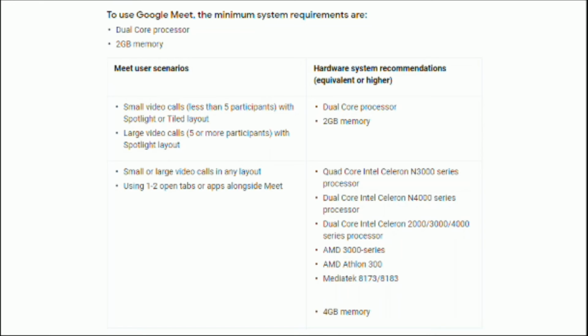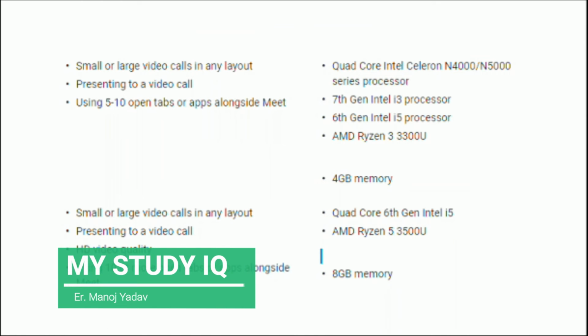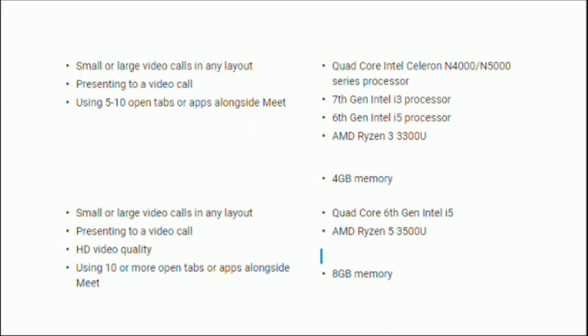But if you are using many tabs, like 1, 2, 3, the hardware requirement should be: a quad core processor, Intel Celeron N3000 series processor, and dual core Intel Celeron N4000 series processors. And processors like AMD A3000 and AMD Athlon and MediaTek, with 4 GB RAM. If you are using this configuration, this is the hardware requirement for the PC.